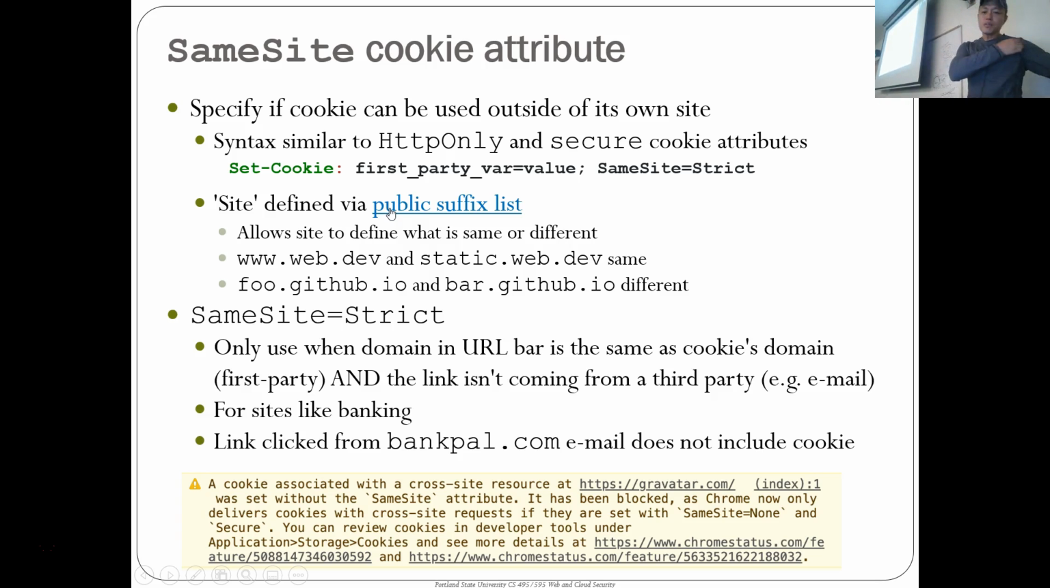Okay, so SameSite Strict says only use this cookie when the domain in that URL bar is the same as the cookie's domain. I know as the browser what URL I'm rendering, and I will only send that Strict cookie when that URL bar matches it. So you want this for sites like banking, right? If you're going to transfer some funds, I don't want you to be transferring funds from a third-party site. I'm only going to send that authorization cookie if you're actually on my page,